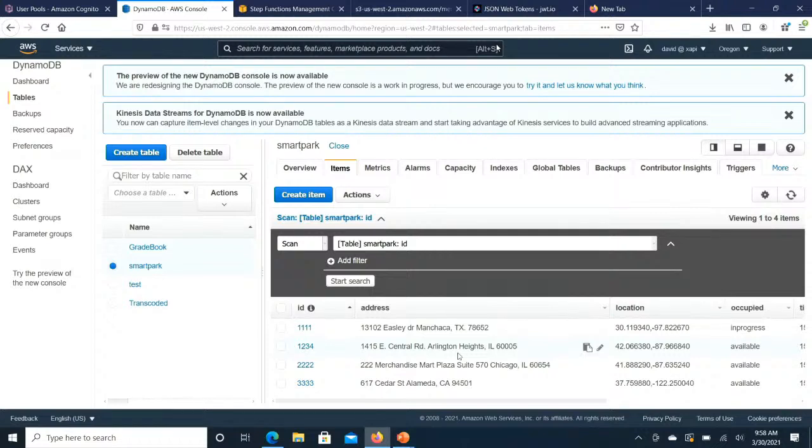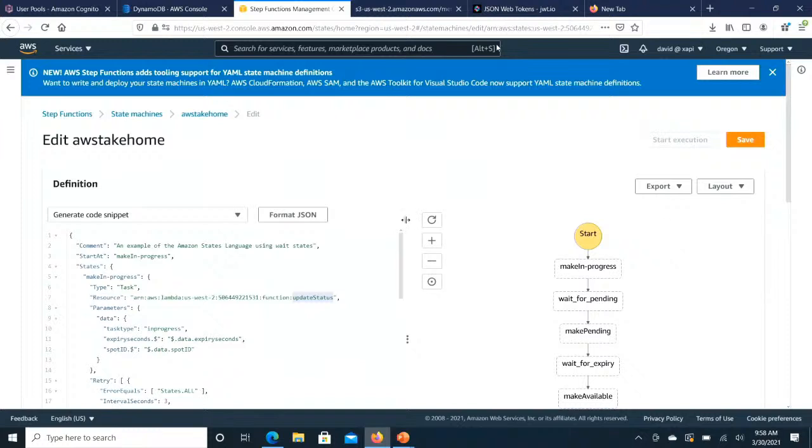But what has only happened is that I made an API call. It went over to my start execution in my step function. It started that process and triggered a Lambda. That Lambda took the data that it was passed and it stores it in this table. And now my table is where I persist the state of my application. And if I just wait a little while and do another refresh, you'll see it now has changed to pending state. And this is just another one of those executions. So that's kind of how this process works.